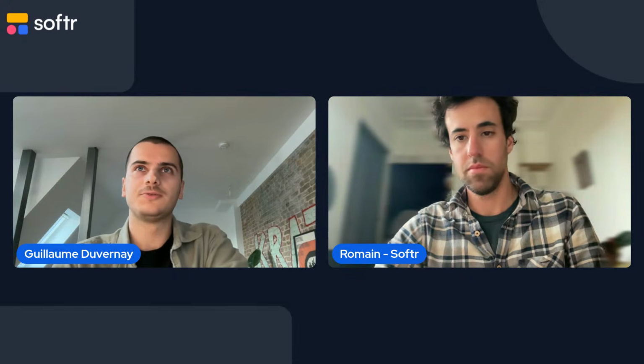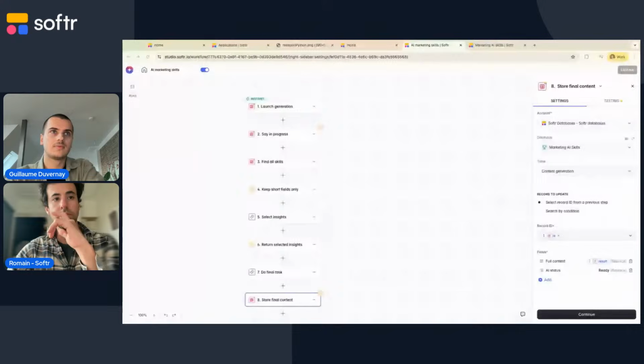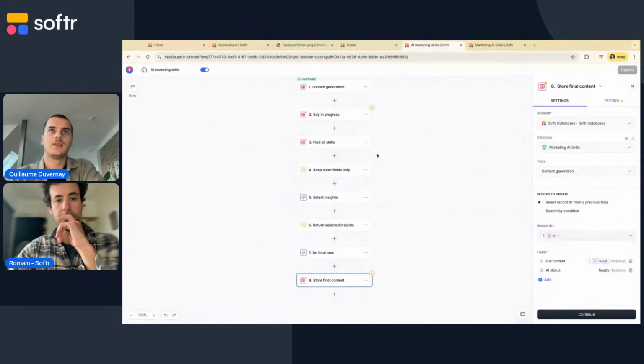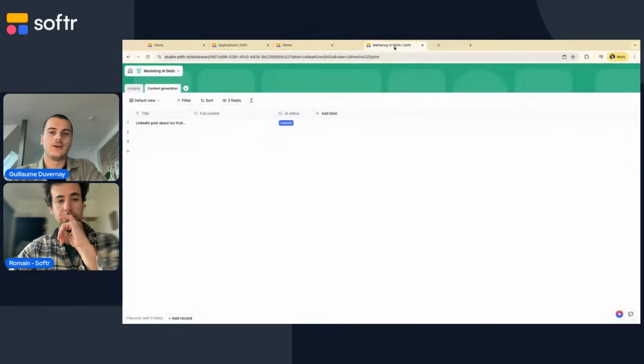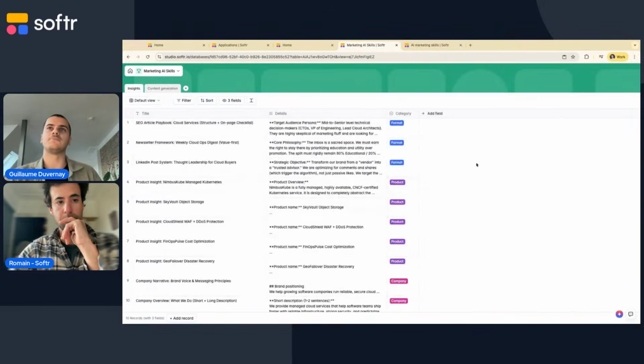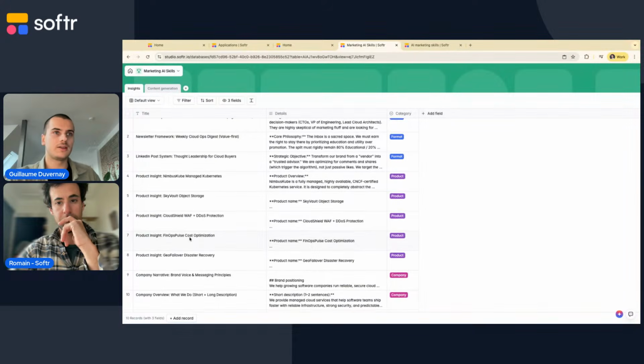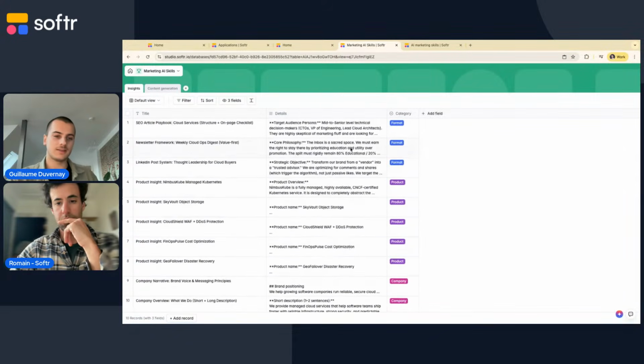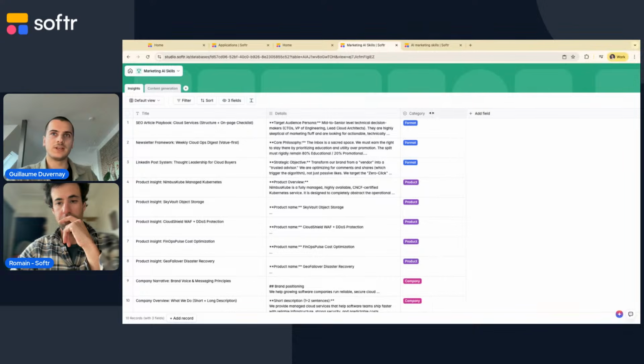So what I wanted to build, okay, you should see it now. Okay, what I wanted to build is, you know, these workflows where you are storing a lot of records in a database, and I can think of many use cases, but here I stored a lot of insights into a database. So one record is one insight, and we have 3 types of insights, either about format, product, company, and it's in the context of marketing, content generation.